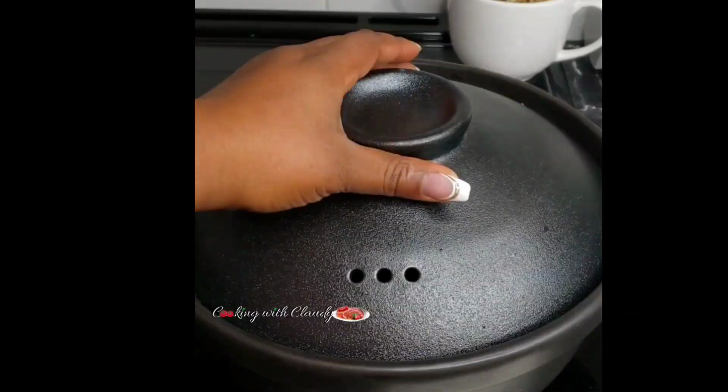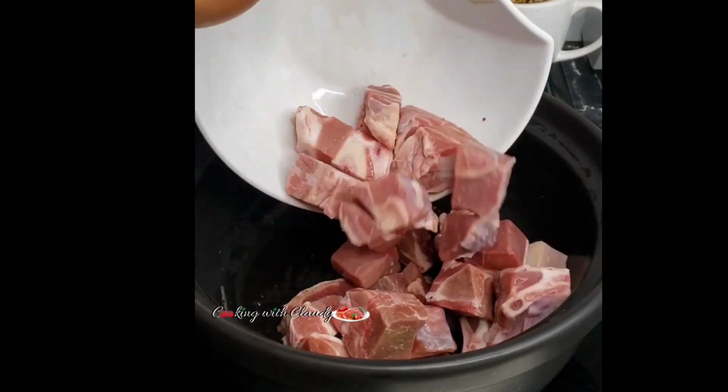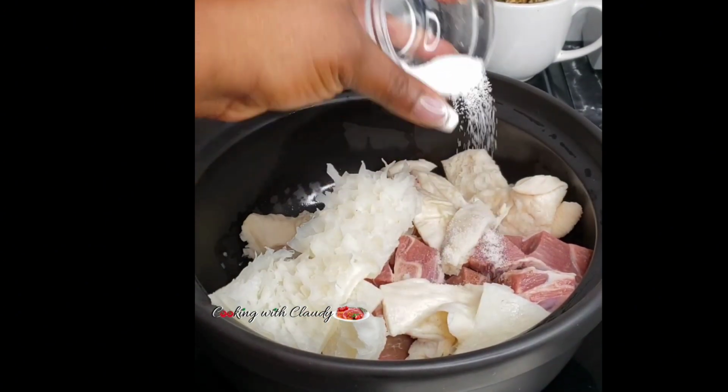Let's get started. In a pot, I will start by boiling my meat. I have some goat meat here. It has been skinned. To follow, I'll be using some tripe. You can use any type of meat of your choice. I will start by seasoning with some salt,